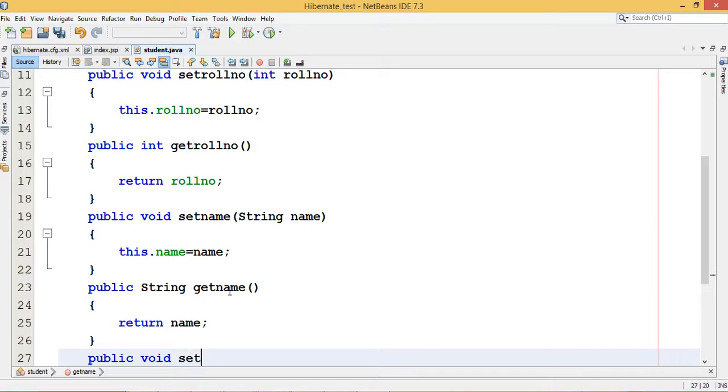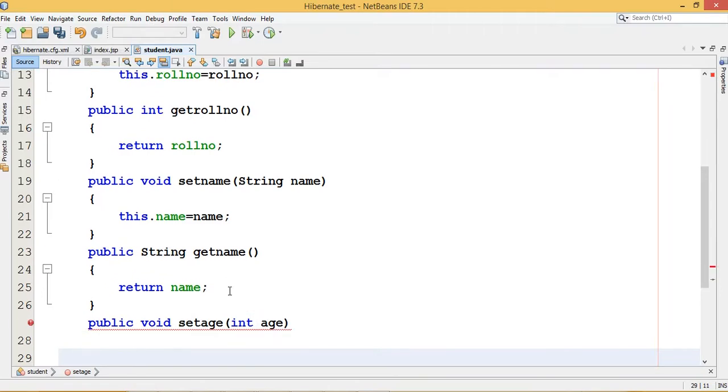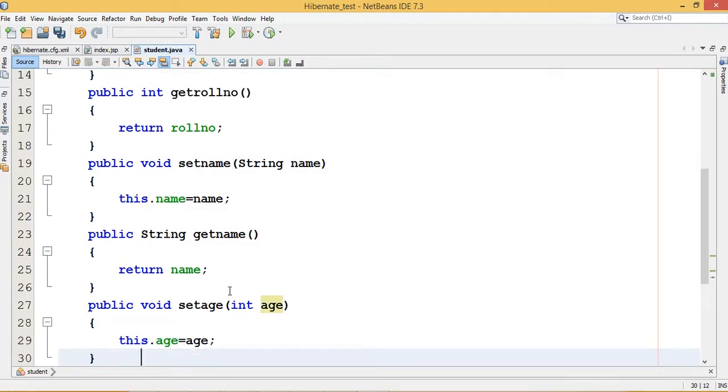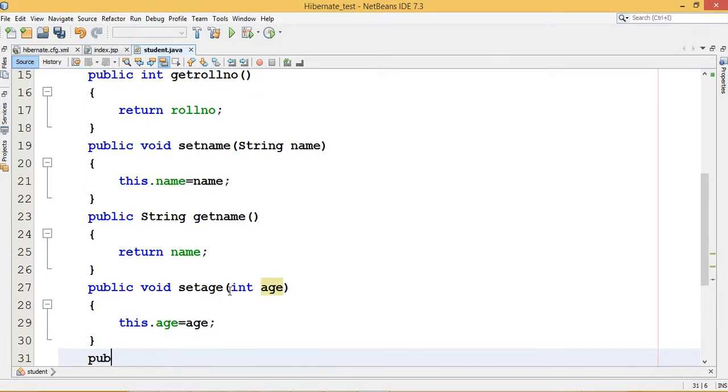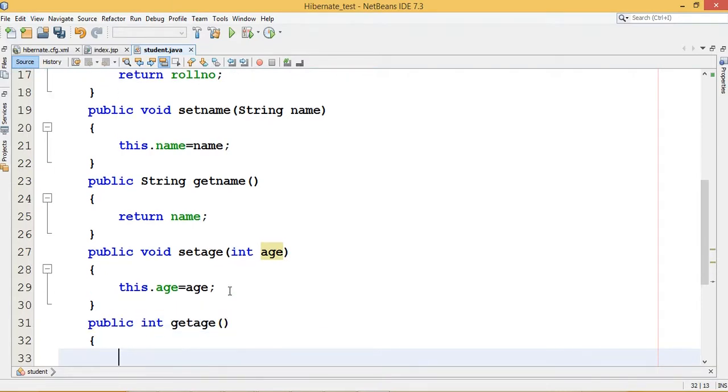Public void setAge, that is the integer age: this.age equals age. Then the getter method, public integer getAge, it will return age.